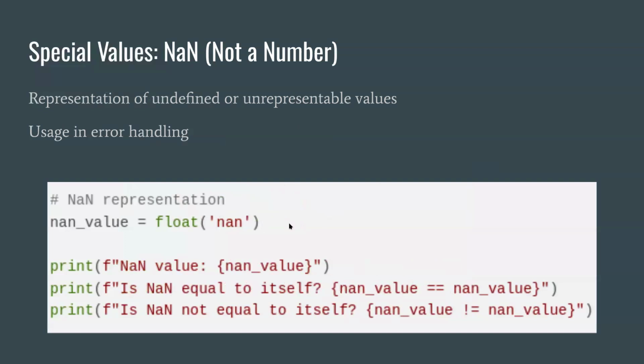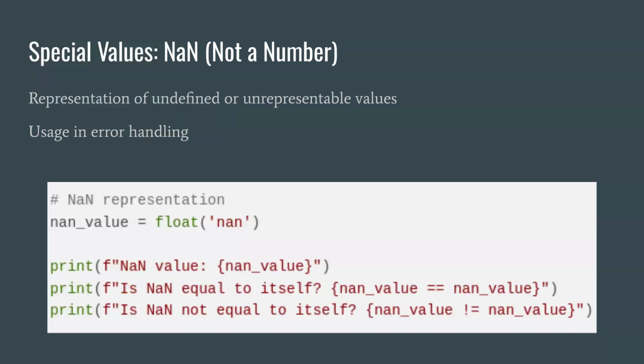Next, NaN, or not a number. So NaN, or not a number, represents undefined or unrepresentable values. For instance, the result of dividing 0 by 0, or taking the square root of a negative number, is NaN, or not a number. And this not a number is useful for error handling, allowing computations to continue even